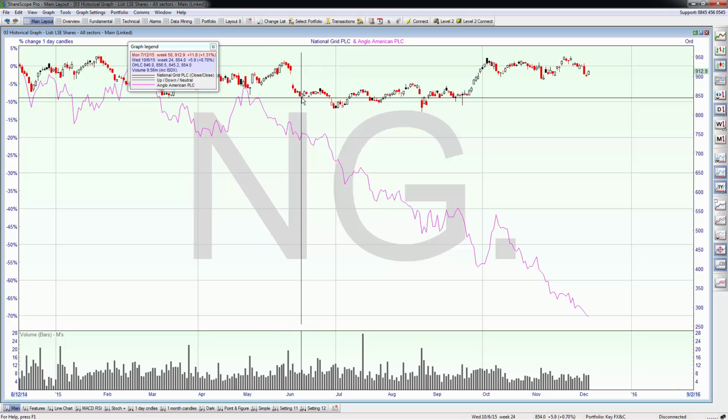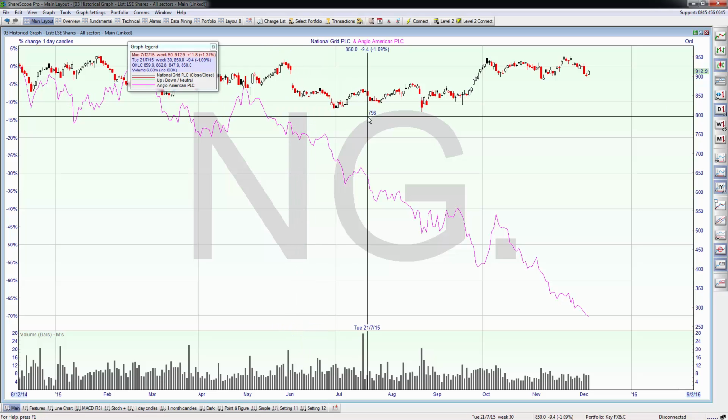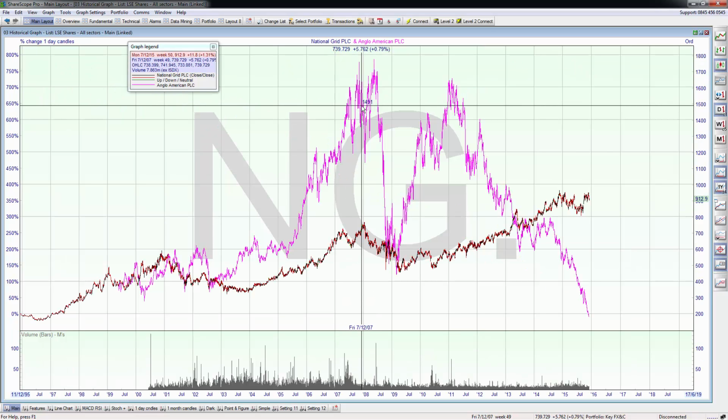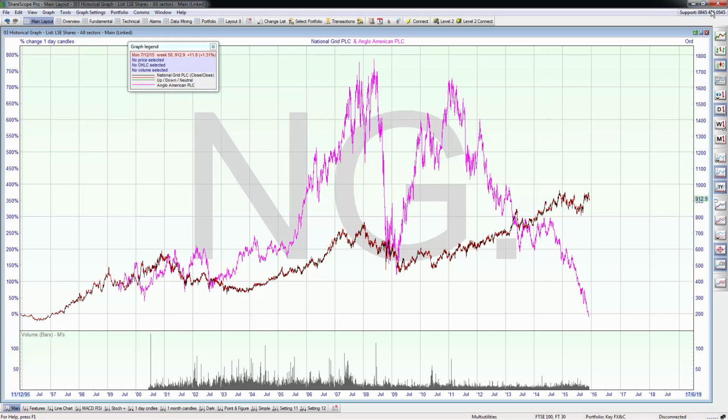Now I've gone through all the options on the chart quite briefly, but if you want to look at anything in any particular detail, look at our help file, and as always, if you have any questions or feedback, give us a call on our support number, which always appears here in the top right hand corner of the program, or send us an